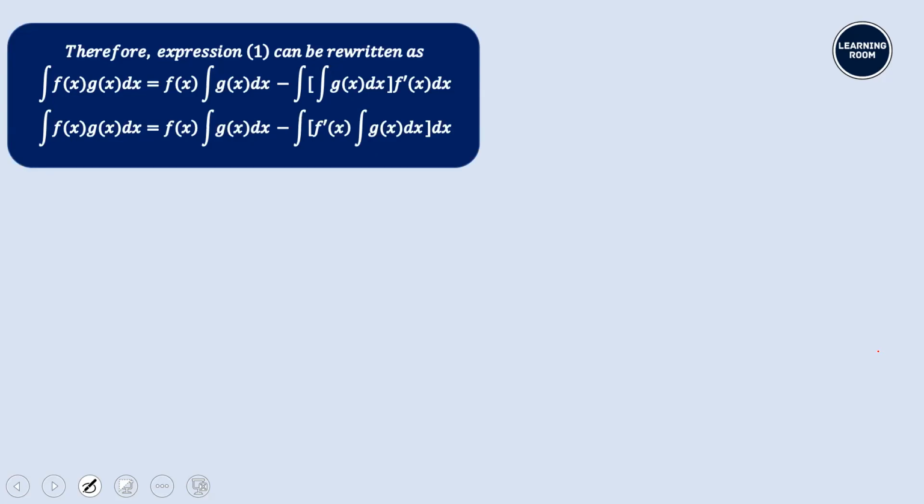So we have written the integral of f of x into g of x as f of x into the integral of g of x, minus the integral of g of x into f dash of x. But in the next step, I just swapped the values. I hope you remember. Based on this statement, we are going to solve the problems in this exercise. But before that, I told you there is a priority list that you need to follow to choose which one is the first function and which is the second function. The rule that you use is called